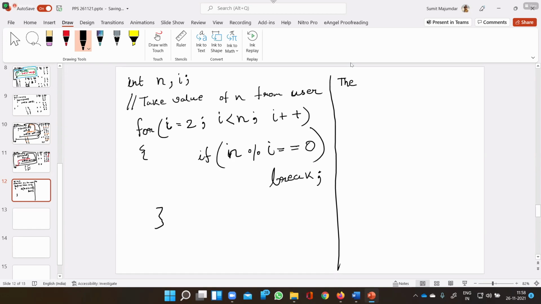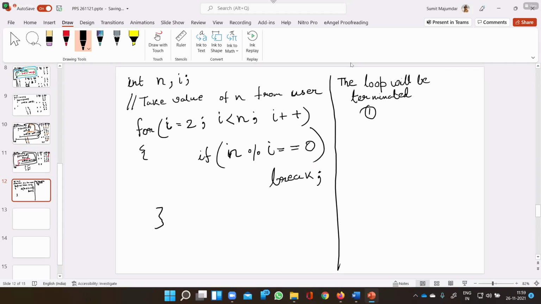Forcefully means by the break statement, or by this condition being false. It will be broken by the break statement if n mod I equals 0. If that never happens, it will be terminated.